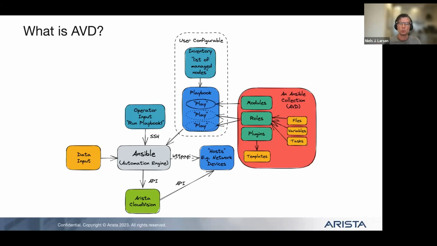So this Ansible collection will be used as input in a playbook, where it's sort of a sports analogy from American football or basketball or whatever. So we generate a playbook instructing Ansible what to do with what data. And another input to this playbook is the inventory. So the inventory is the scope or the list of managed nodes. In this case, the spine switches, the leaf switches, etc., that are part of the actual physical network. That is then input to Ansible, and then we do what I told you previously. We output data into CloudVision.